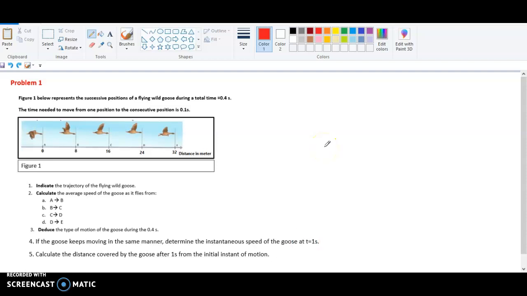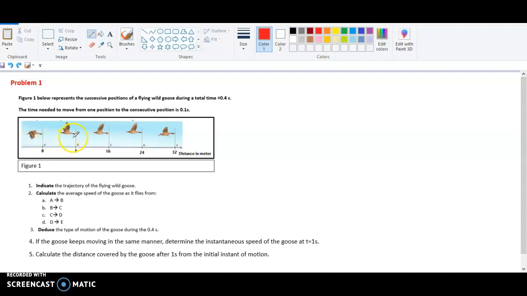Figure 1 below represents the successive positions of a flying wild goose during a total time of 0.4 seconds. The time needed to move from one position to the consecutive position is 0.1 seconds. So we can see here in the figure the first position of the goose, which is 0, no distance